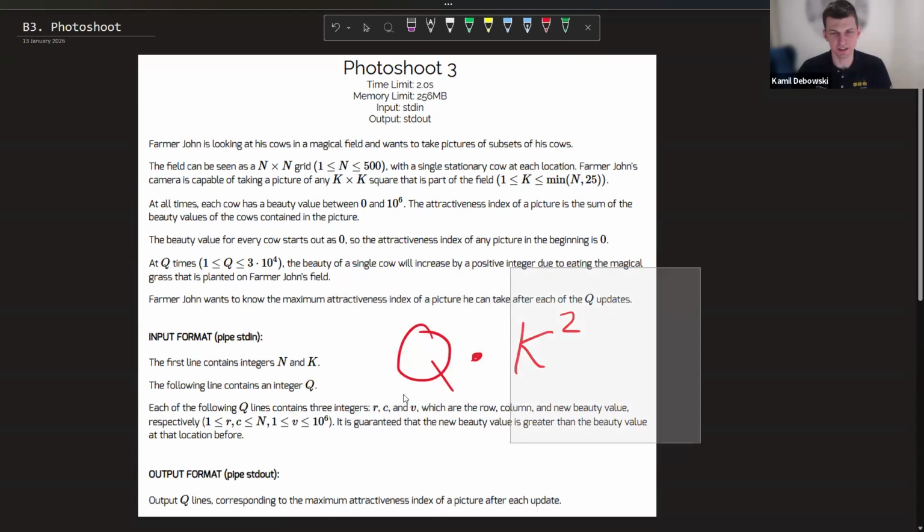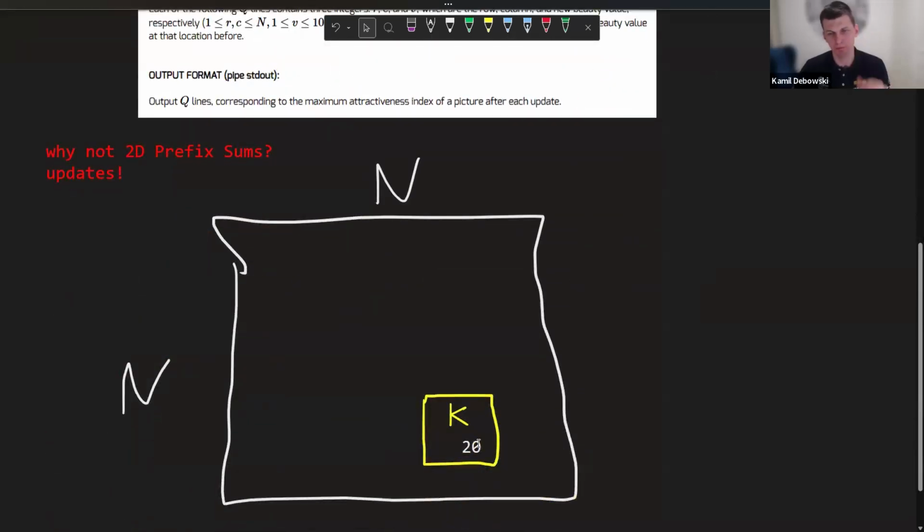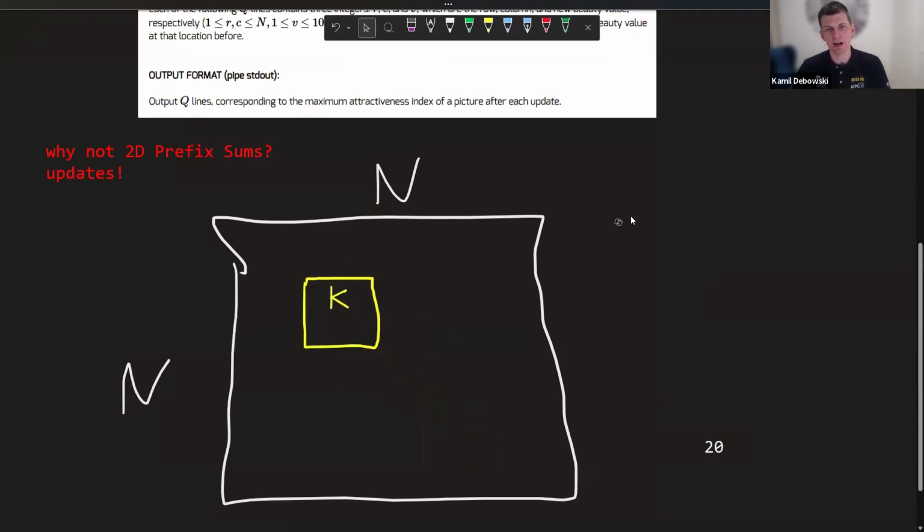Even time complexity here is, I think, a nice hint, and it can tell you what the intended solution is. But back to this thing that I told you, it's a hint. If at some point the optimal square is somewhere, and you know that its sum is equal to, let's say, 300, and somewhere else in the grid the value 7 changes into value 20, so now this is the new updated value,